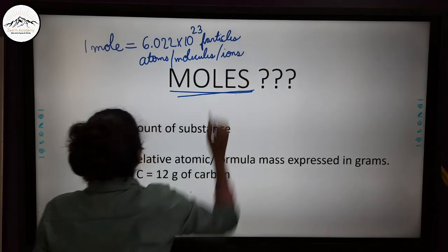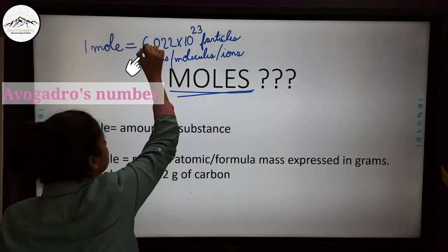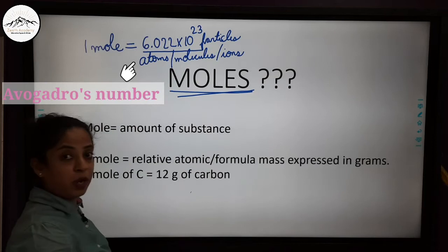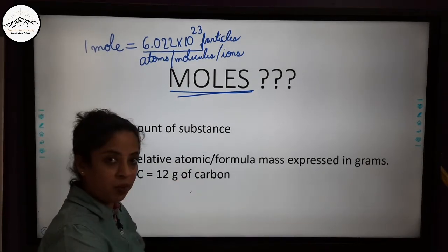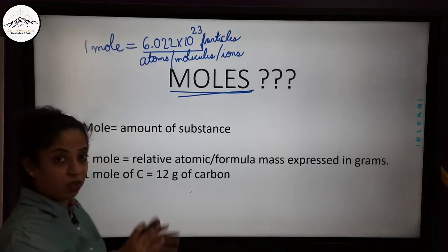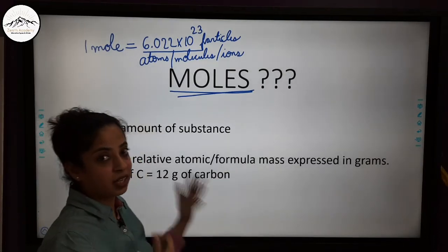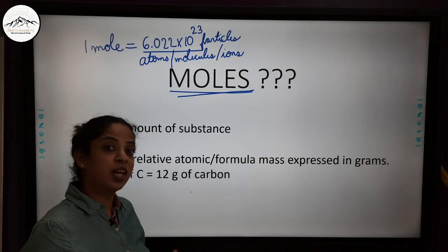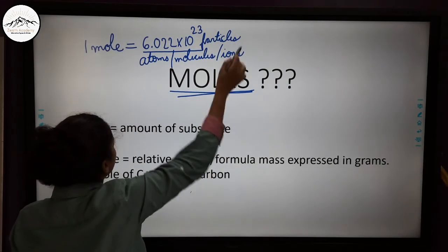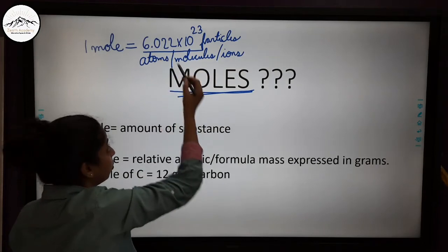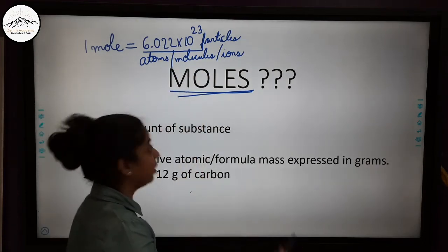So 1 mole means 6.022 into 10 raised to power 23 particles. So dozen is a unit of small number, that is 12, whereas mole is a unit of big large numbers that are used in chemistry, because in chemistry there are large numbers of subatomic particles. So we are taking a large number of particles, that is 6.022 into 10 raised to power 23 particles